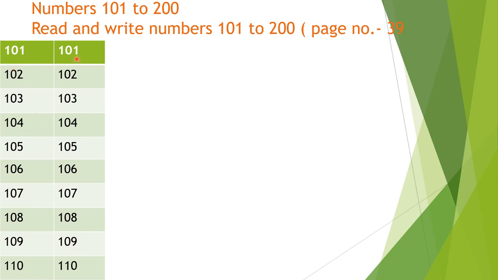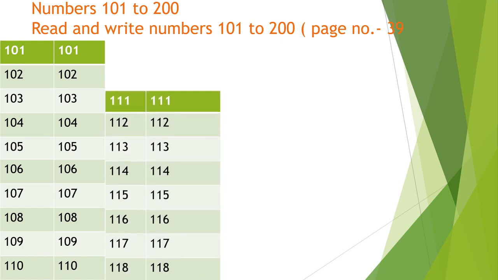101, 102, 103, 104, 105, 106, 107, 108, 109, 110. Next row is